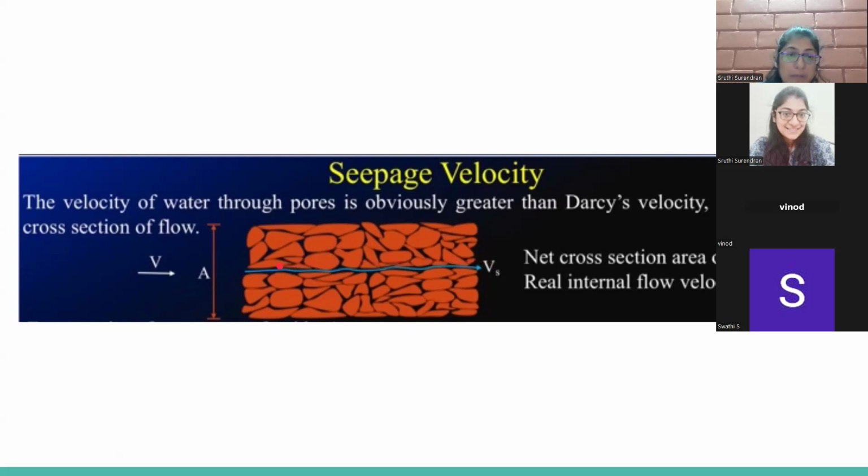So this is always going to be greater because we are only taking the lesser cross sectional area, so it is definitely going to be greater than the velocity of water flow. So the correct answer in this case would be,